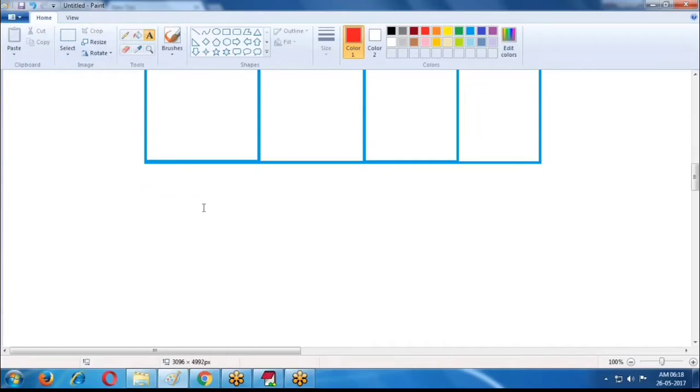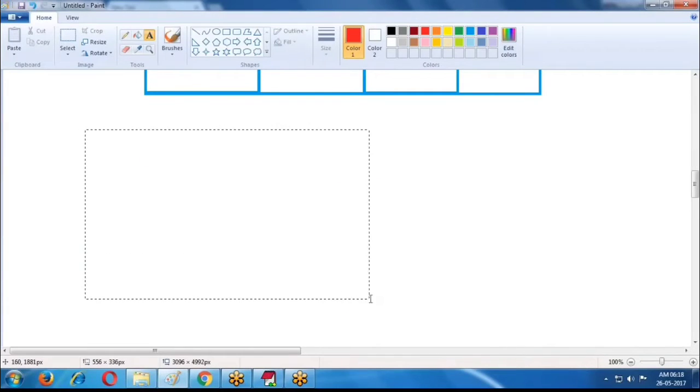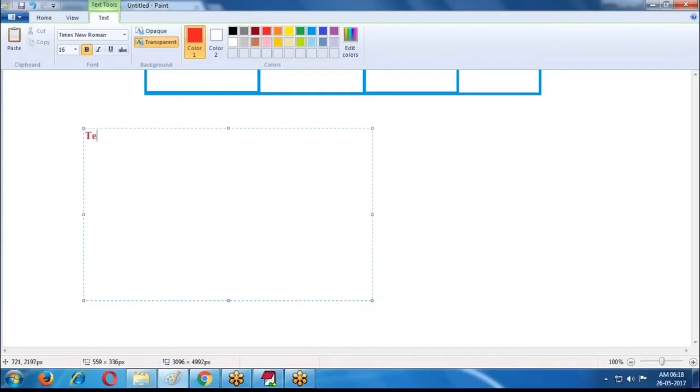Initially, if it is a text format, text format means it creates one text field, and in that text field we enter values manually.